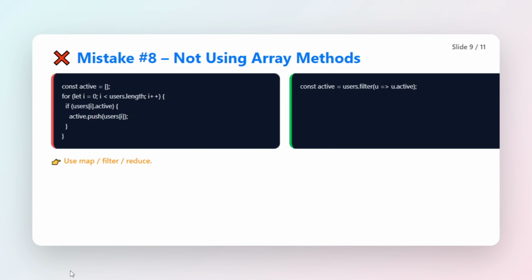Here's the senior takeaway. Loops tell you how something is done. Array methods tell you what you want. And when your code focuses on what instead of how, it becomes much easier to read and maintain. So don't be afraid of map, filter, and reduce. Learn them. Use them. Your future self will thank you when you don't have to debug a 5-level nested loop at midnight. All right, now that we've upgraded our array skills, let's move on to the next mistake, copying code